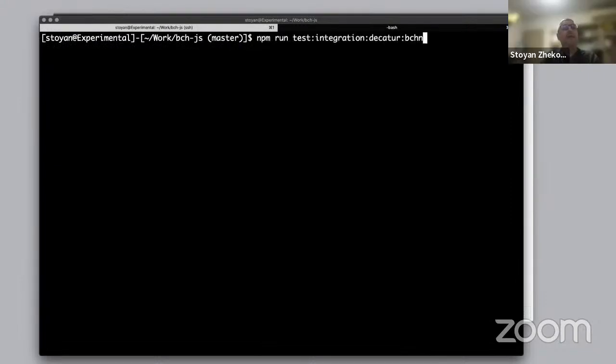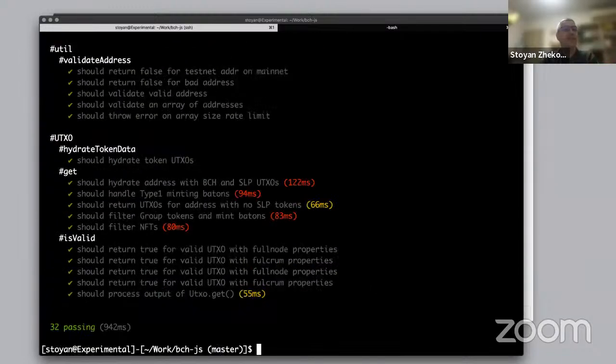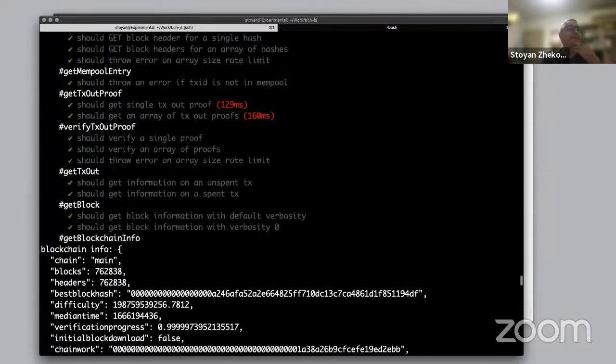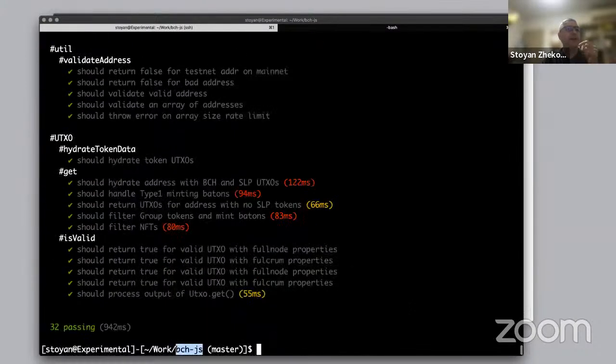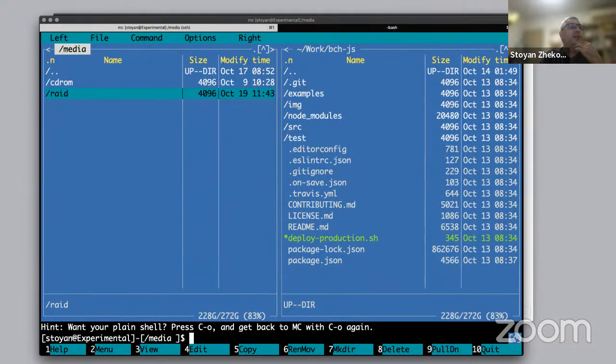So now the final result: I have pretty much everything running on the Web 2 stack. So BCH, JS, all of the tests are passing. I'm pretty happy with this. I have BCH and Electrum and the indexer, everything working. One maybe interesting discussion can be about this piece of software